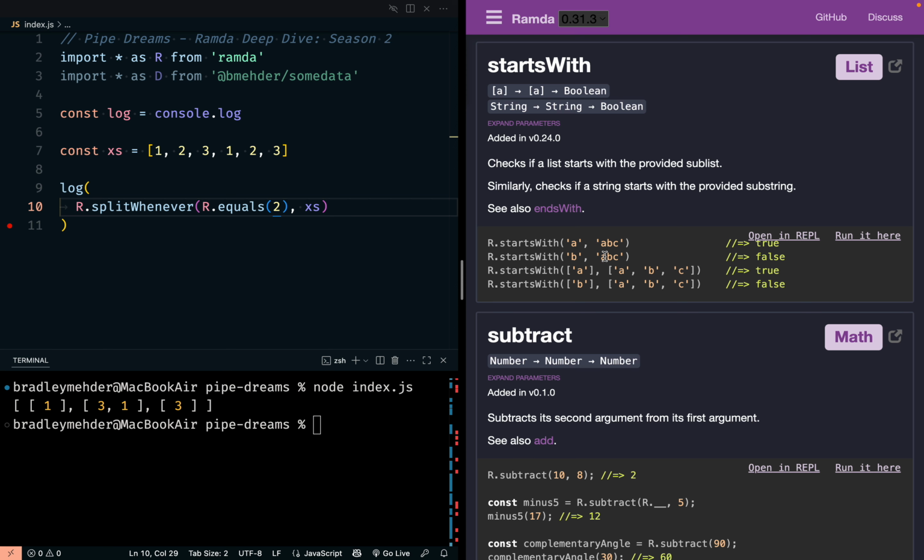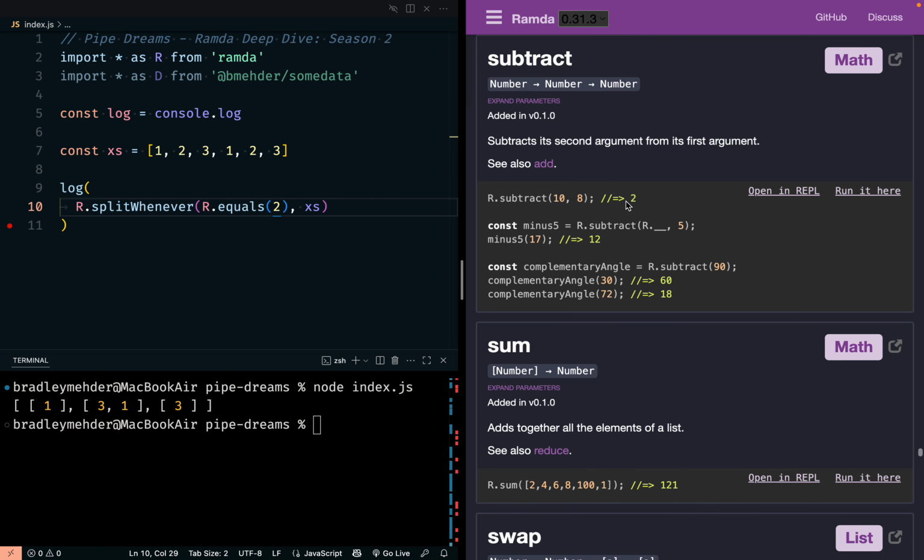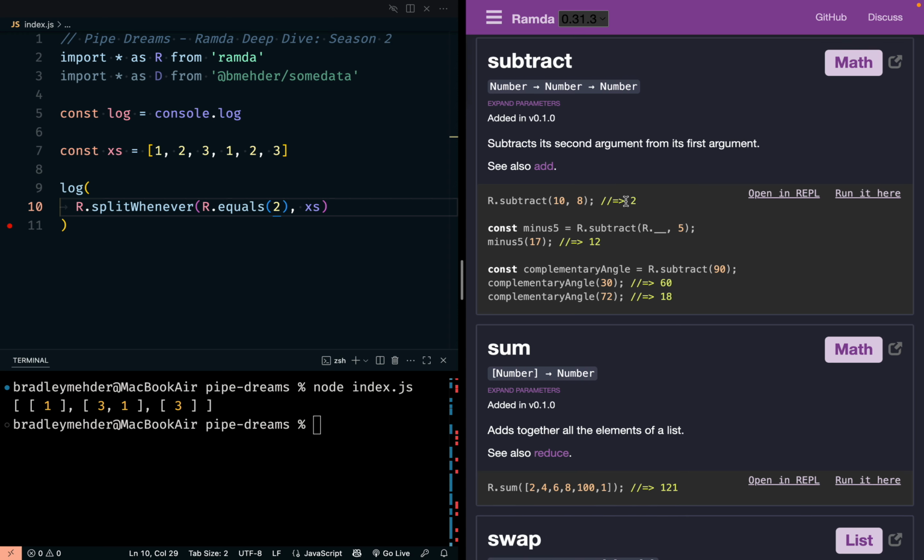I don't think there's much more to say about that. Ends with is the same thing, so I'm not even going to do an example. I think the example here is just as clear as anything else. And again, another easy one, subtract. We've looked at add. Subtract is the opposite of add. But the one thing you have to worry about is, I say that,